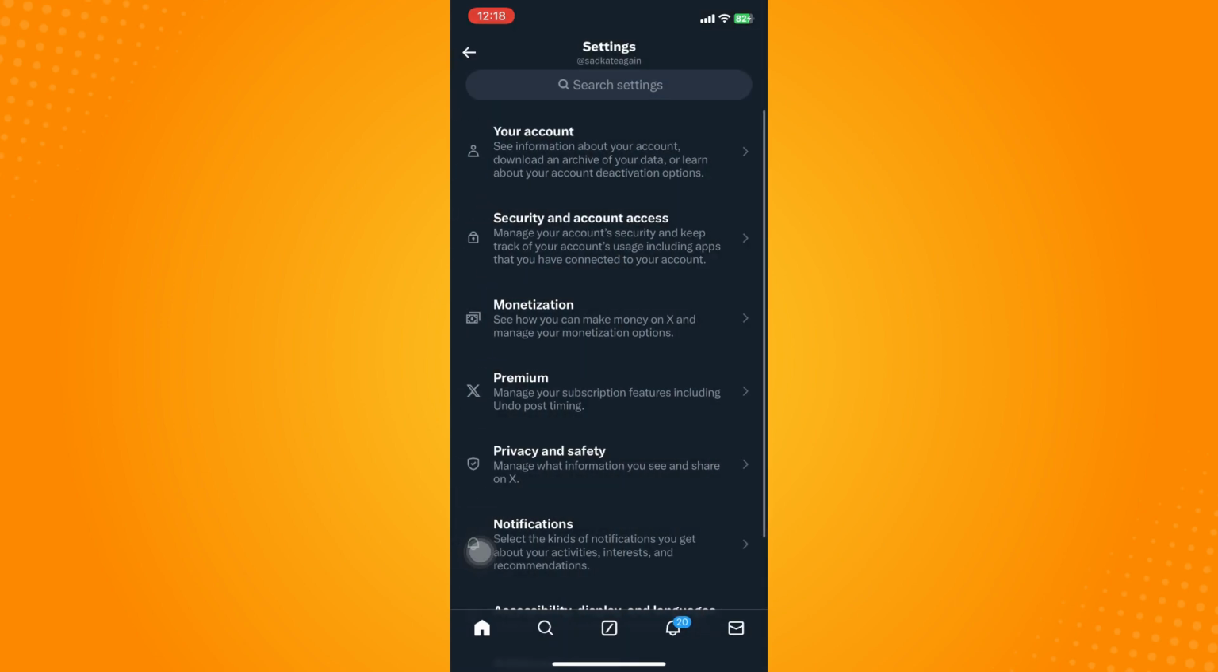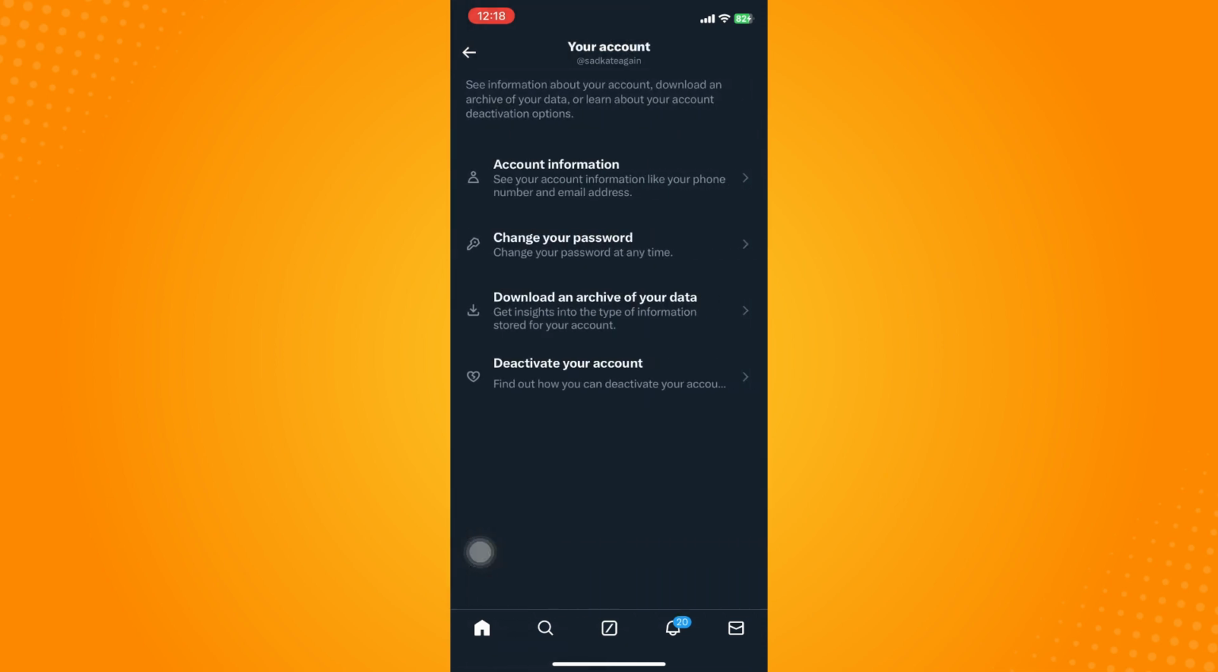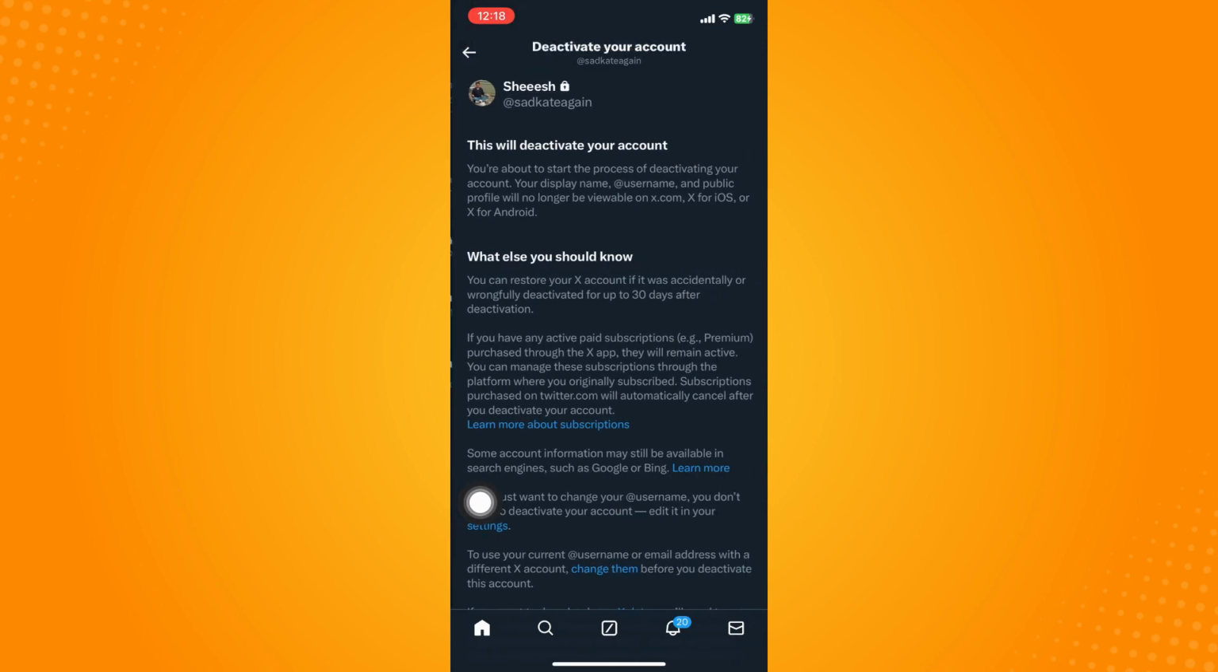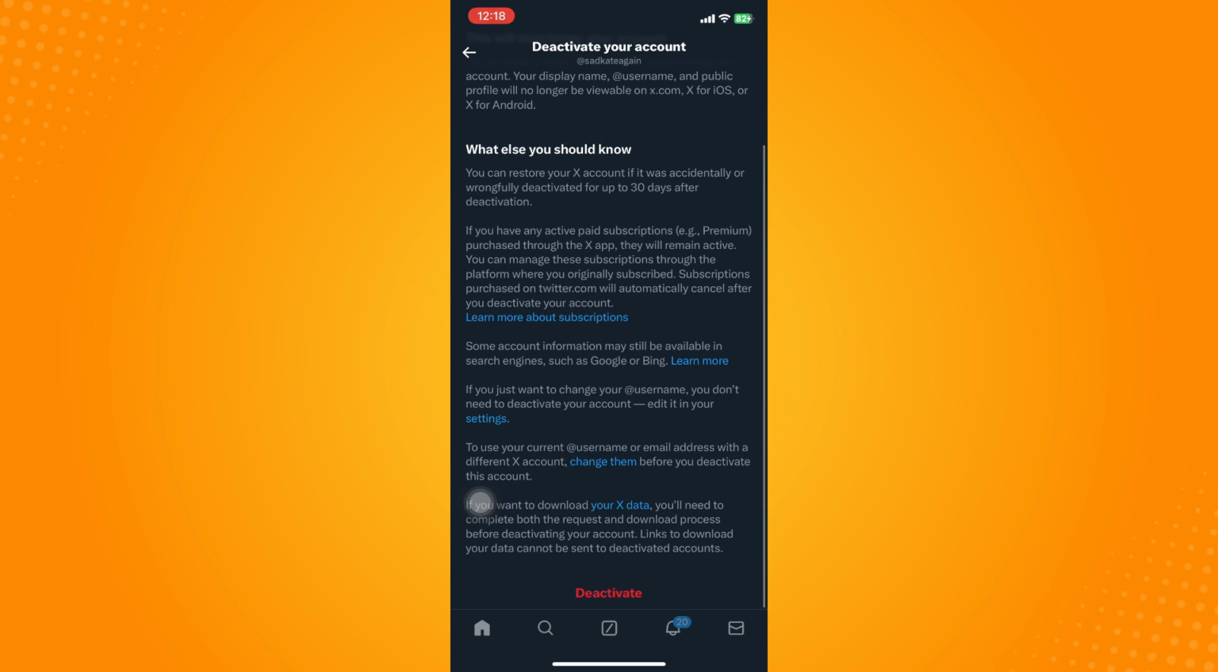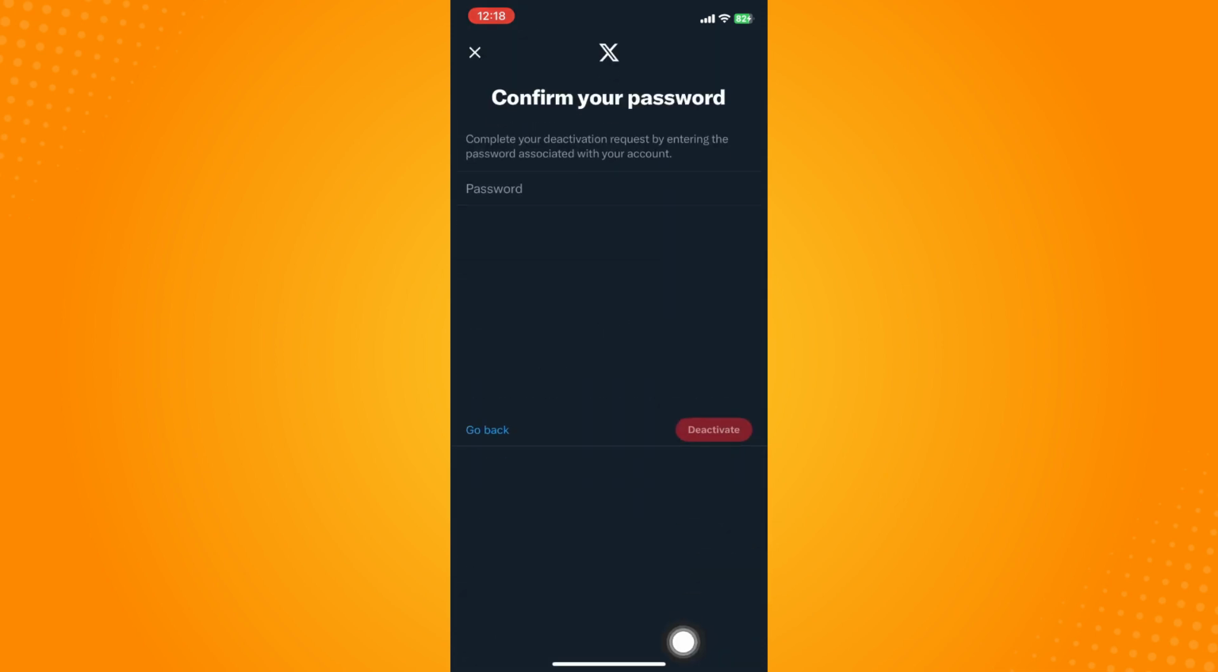settings and privacy. Now, what you're going to do next is to choose your account. And the very last option here, you'll see four options, right? The very last option is where you can see deactivate your account. To find out how you can deactivate your account, click on that and read through that. Now, the next thing that you're going to do is to tap on deactivate account and it will ask for a password, and then just type or fill out your password there and tap on deactivate to successfully deactivate your